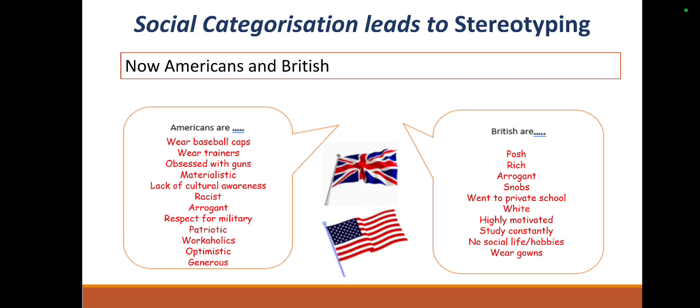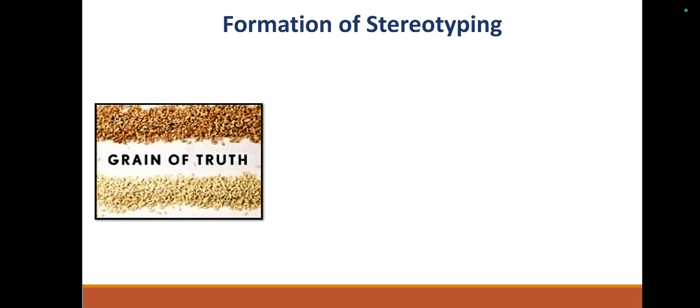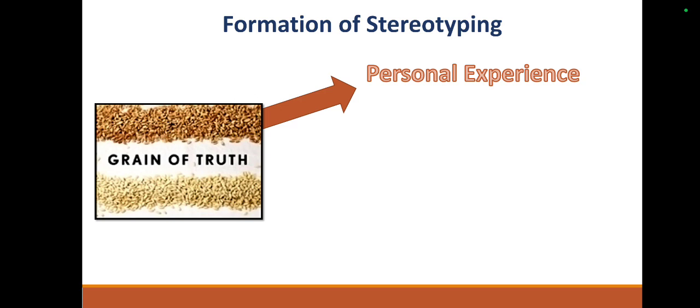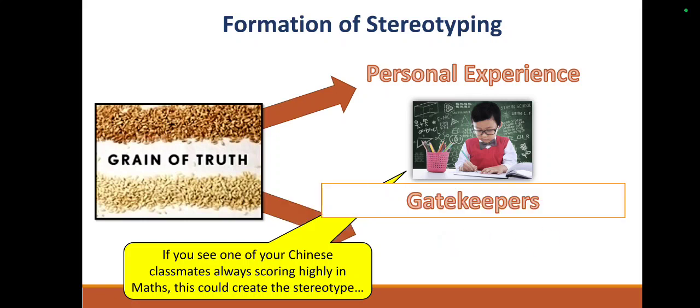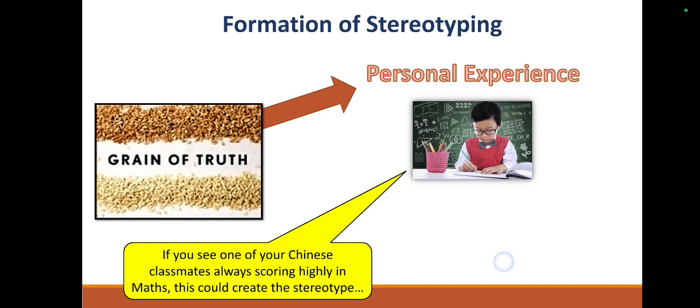So where do stereotypes come from? They don't just develop overnight, okay? And more often than not, and you can see this in your book, so highlight it please, they develop from what we call a grain of truth. There does, for most stereotypical beliefs, appear to be at least one aspect of that stereotype that bears some sort of truthful existence. So they begin with a grain of truth. And then there are two further sources of information which build the stereotypes. And these are called personal experience and gatekeepers. So you can see that in your booklet there. So all stereotypes start with a little grain of truth, and then they build over time